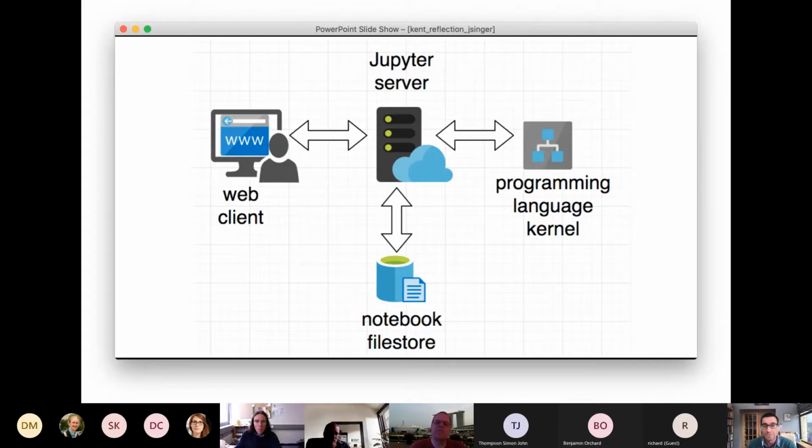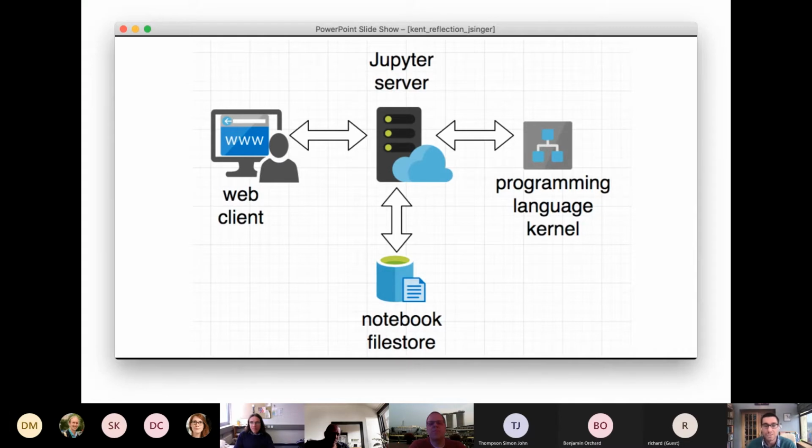And also, the server interacts with a programming language kernel. In this context, kernel just means interpreter or evaluator, really. Normally, these are separate processes, but running on the same system using some kind of messaging protocol like 0MQ or something like that.